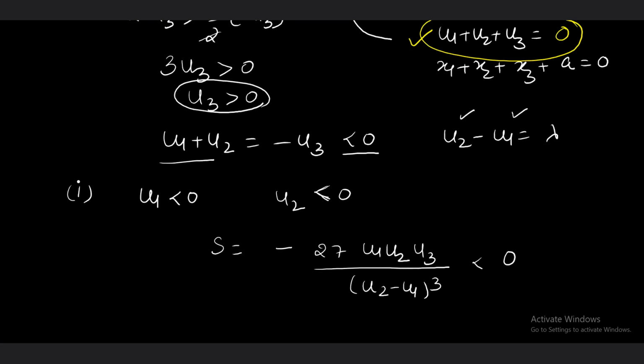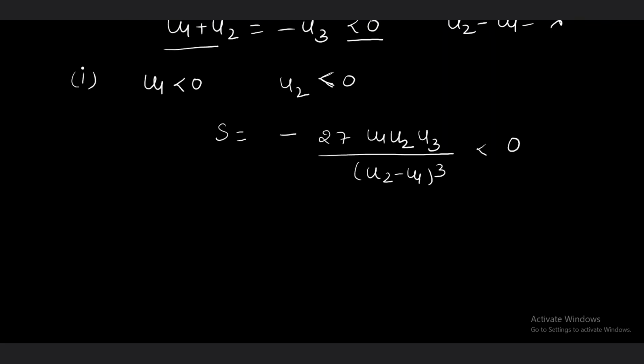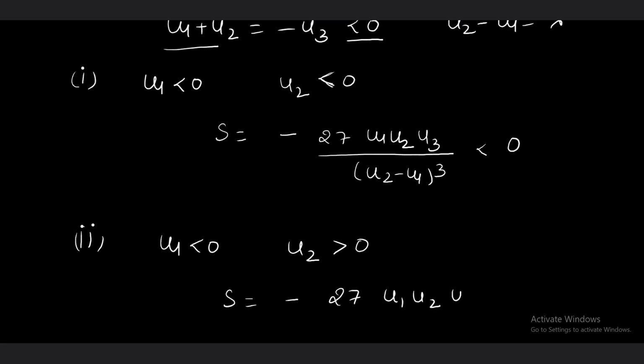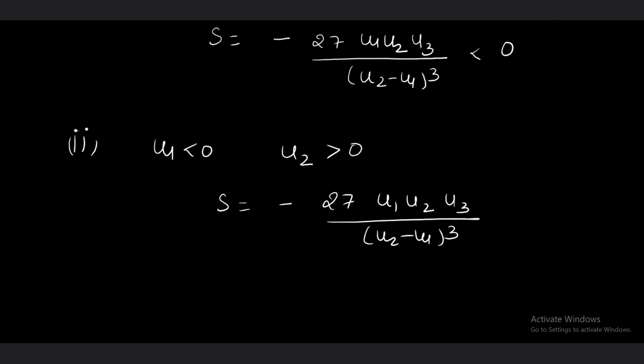ठीक है, तो जब u2 नेगेटिव है, this quantity takes the negative value. सेकेंड केस हमने लिया जब हमने u1 को नेगेटिव ले रखा है, but u2 को हमने पॉजिटिव लिया। u1 नेगेटिव ही रहेगा, but u2 can also be पॉजिटिव। अब अगर u2 पॉजिटिव है ना, तो आपके पास जो s लिखा हुआ है वो आएगा u1 multiplied by u2 multiplied by u3 divided by u2 minus u1 का whole cube।